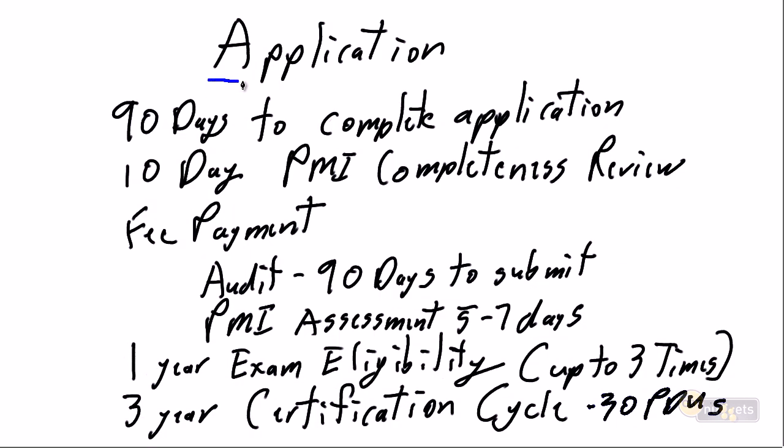So once you've convinced yourself that you have all of the qualifications, that you have the time, you have the 2,000 hours and you have the 1,500 hours and you have the 21 hours of training, it's time to submit your application. The application is typically submitted online at www.pmi.org, and from the point in time when you first start to fill in your application to you complete your application, you have 90 days. Now you may say, why so long? Again, it's to give you the